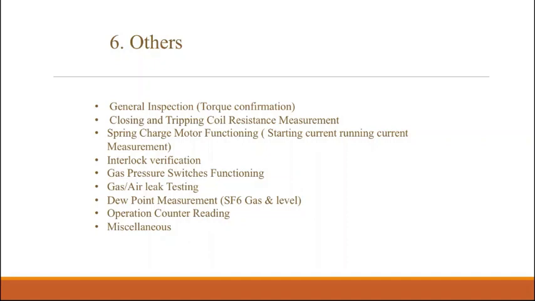There is a trip coil. If there are 2 trip coils for an individual breaker, for 1 particular bay, 1 breaker section, there is a total of 6 trip coils. So we have to make tripping by trip coil 1 first, trip coil 2 second. Those things will come under miscellaneous. This is all about the testing activities. So this is the minimum testing requirement.